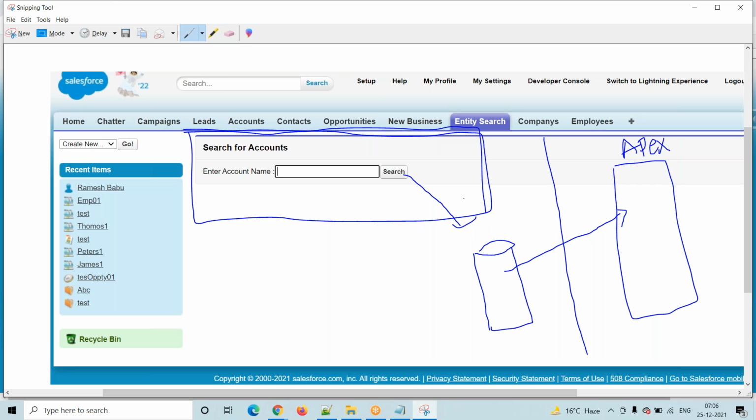Here you have to observe, when the user clicks on the search button, where are we performing our validation? Did the user enter data or not? Where are we checking whether it is blank or not? If it is not blank, then you go to the server. From the server you display an error message, right? This is a simple validation. For that type of simple validation, there is no need to perform it at the server side, right?